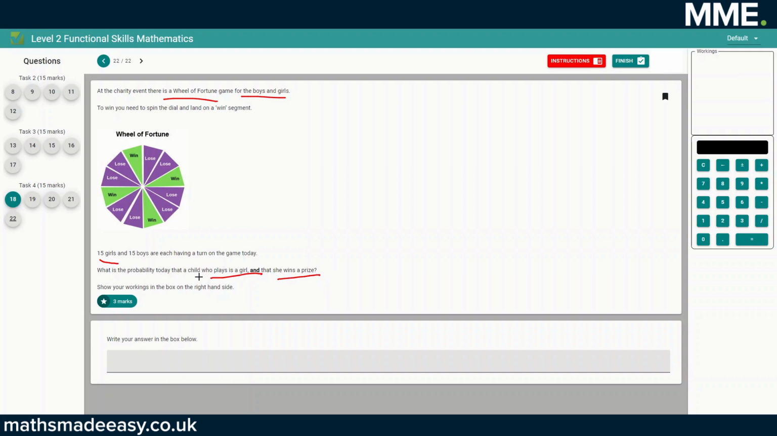So first of all, working out the probability that the child who plays is going to be a girl. Well, we have 15 boys and 15 girls, so the probability of being a girl is 15 over 30, which can be simplified to a half. Then the probability that she wins a prize is given by the probability of landing on one of these win sections versus the whole. So the probability of that is 4, because there's 4 chances of winning, over 1, 2, 3, 4, 5, 6, so a total of 12 different possible segments to land on,